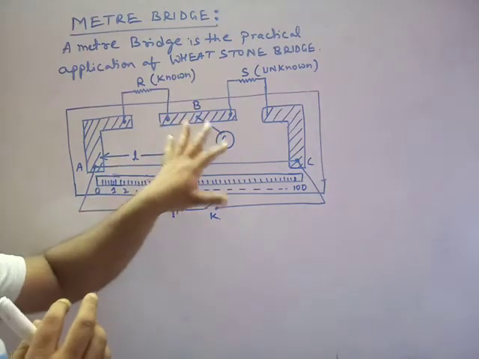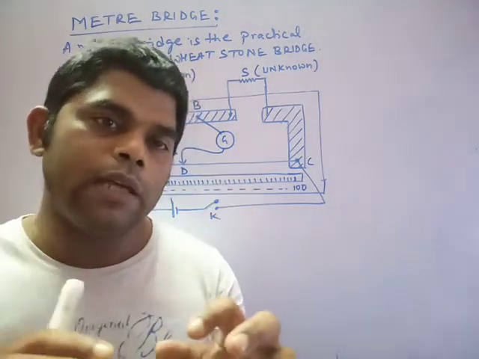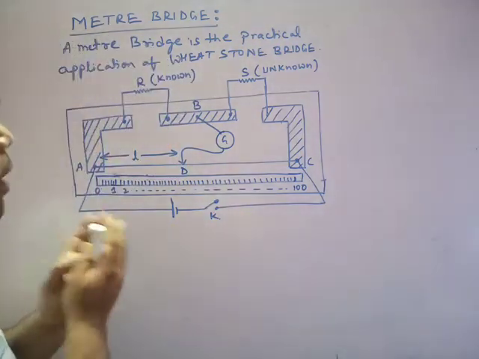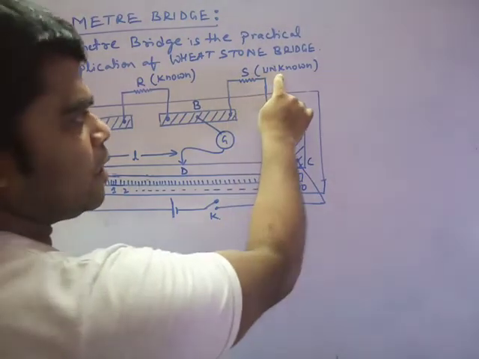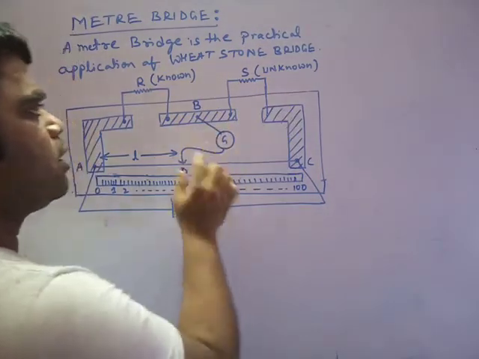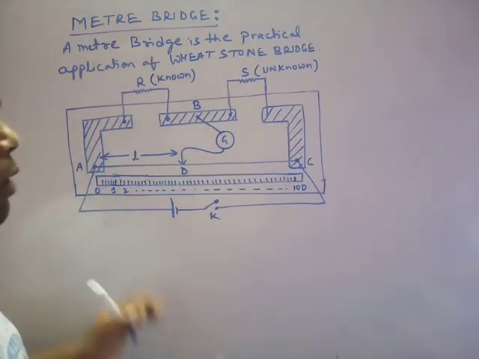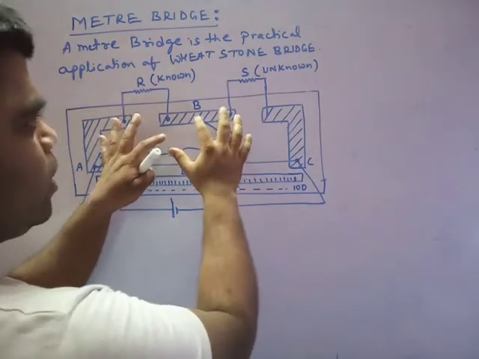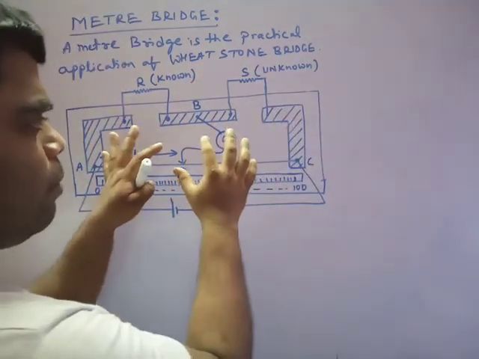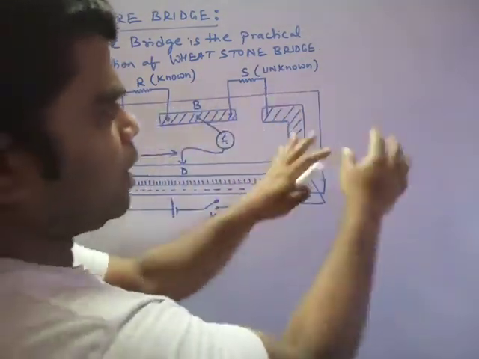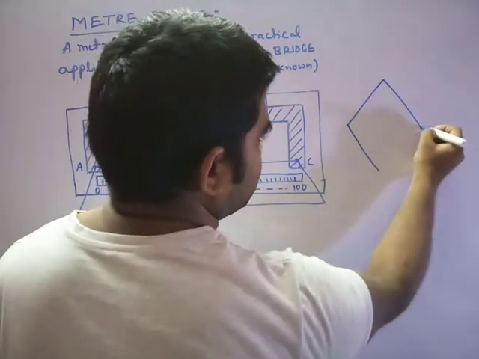This is the practical application, meaning if someone asks you to do it practically in the laboratory, it will be this meter bridge. What do you have to find in this? You have to find the unknown resistance, and this is a known resistance. Now let me compare your Wheatstone meter bridge with the Wheatstone bridge, because if it is a practical application, then what is its theoretical concept? We know this is the Wheatstone bridge we have already discussed.